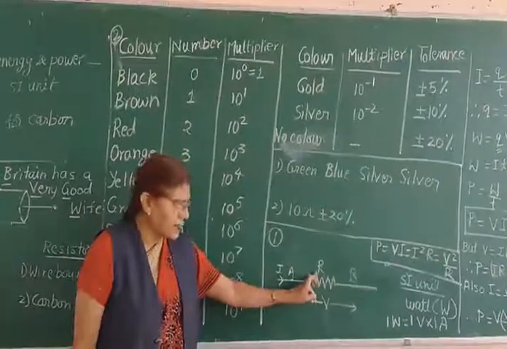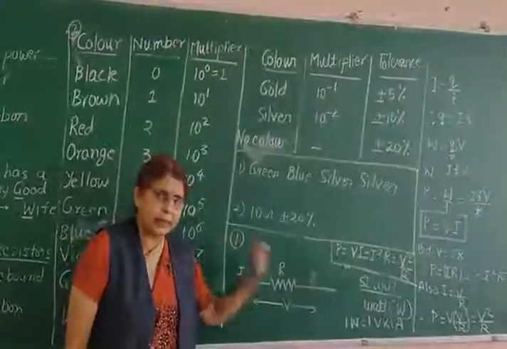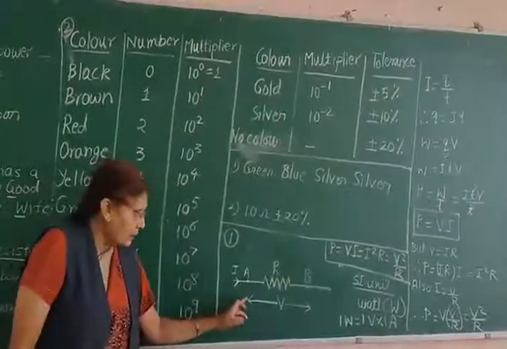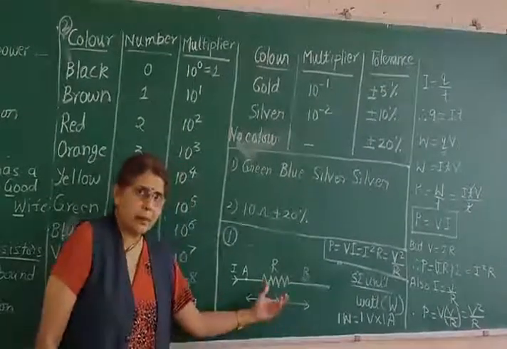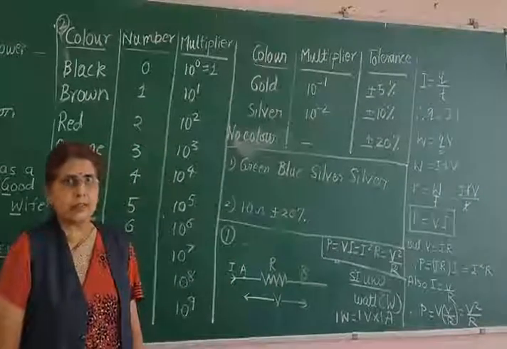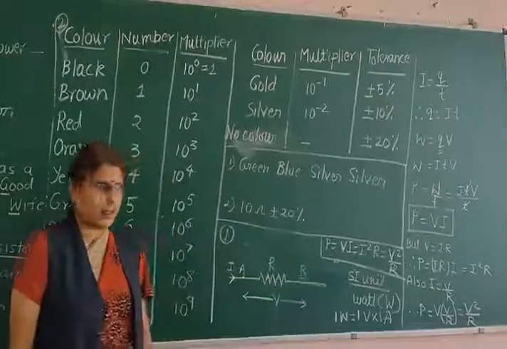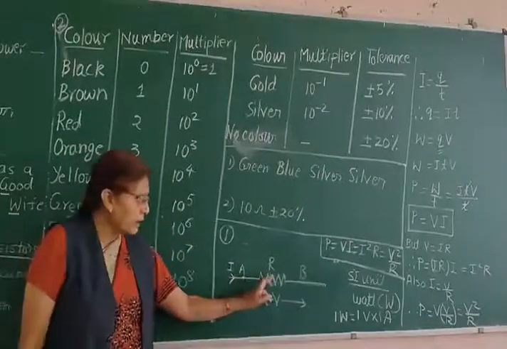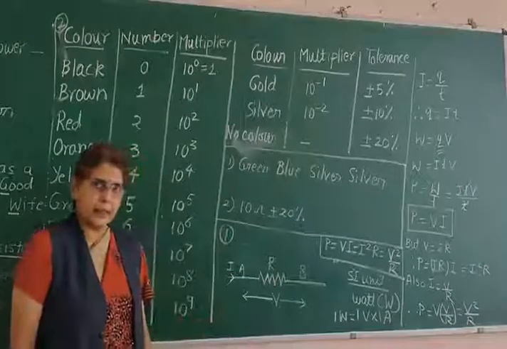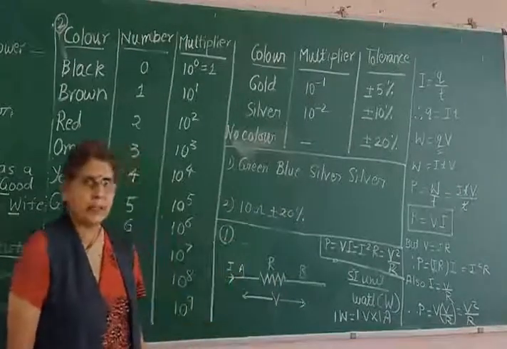You can see this. We have a resistor. It is connected between the points A and B in the circuit, and you apply a PD V between the points A and B. Once you apply a potential difference across the resistor, a current begins to flow in the resistor. Let us say I is the current that flows in the resistor. Now we should find out what is the power of this particular circuit.